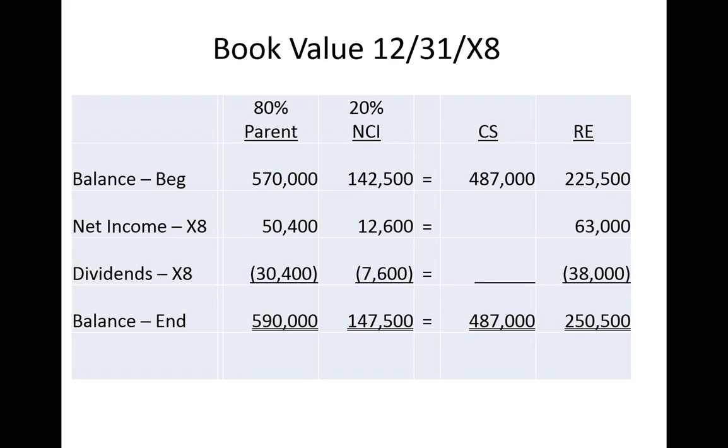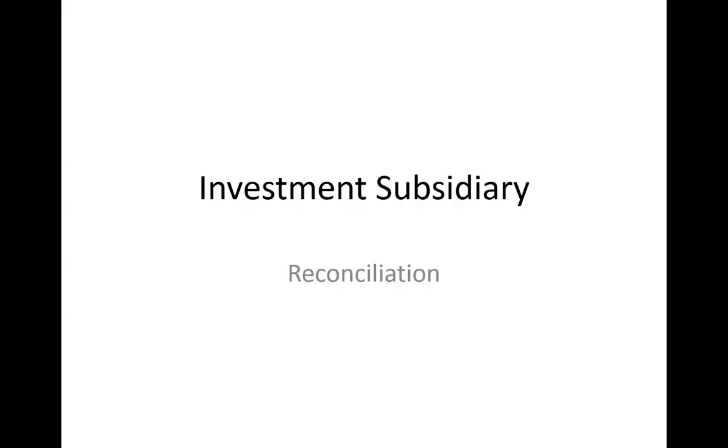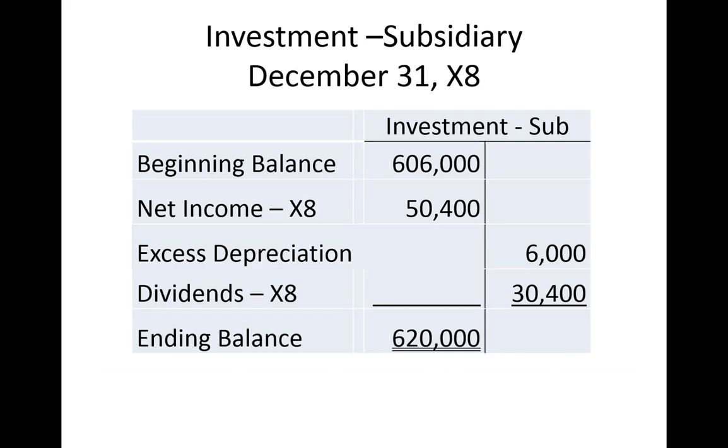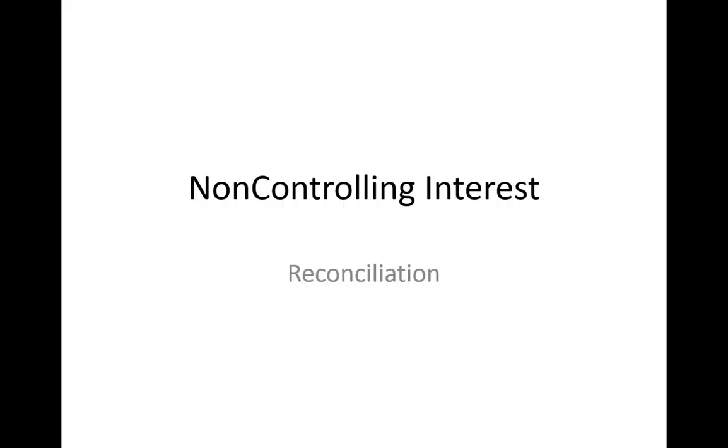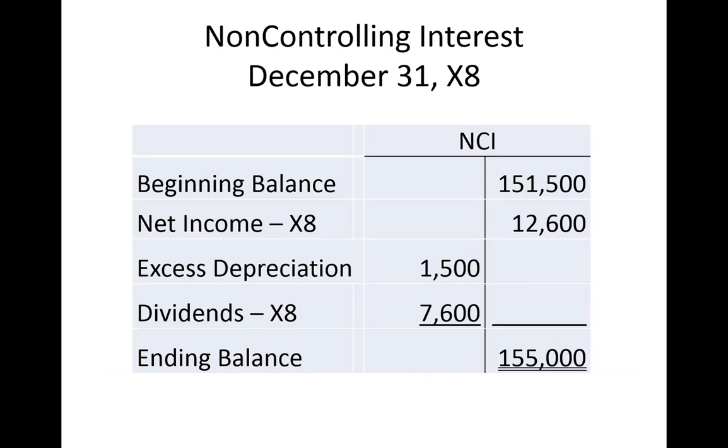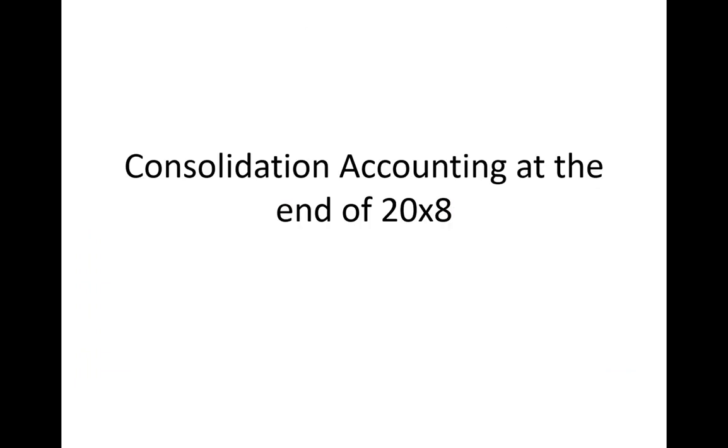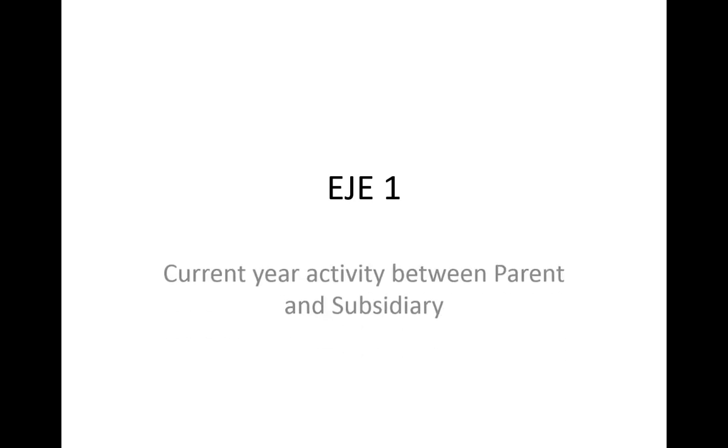We get our book value calculations and our investment reconciliation, along with our NCI reconciliation. And we can now begin the consolidation process. And the EJEs, the first 3 I'm going to go through rather quickly. If you want to look at those a little closer, you can look at the PowerPoint slides which have them in there. We've got the current year activity between the parent and the sub,